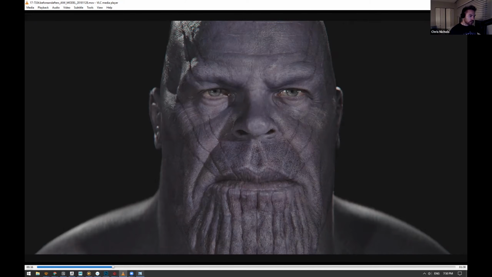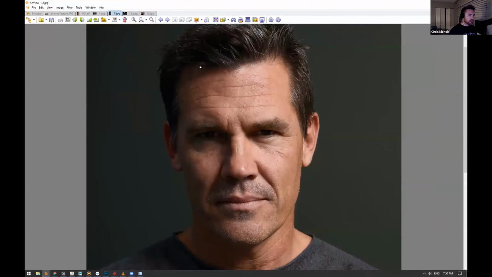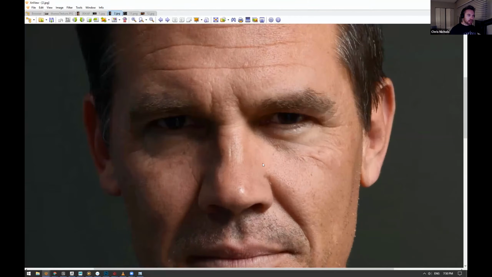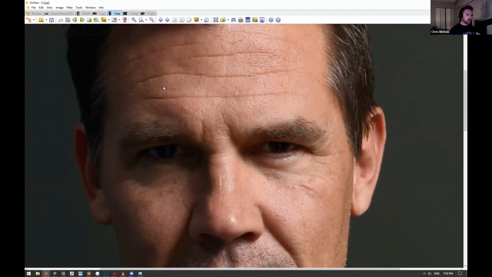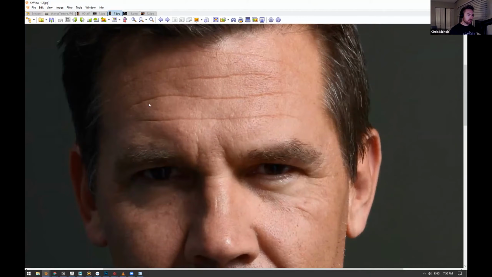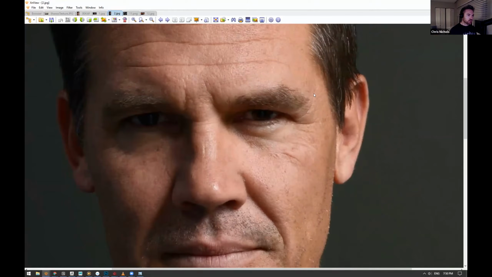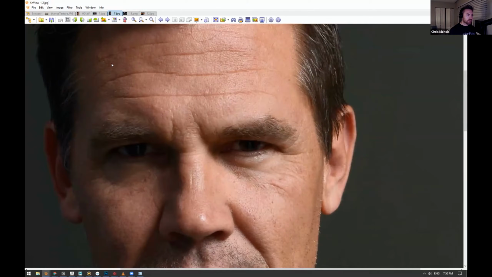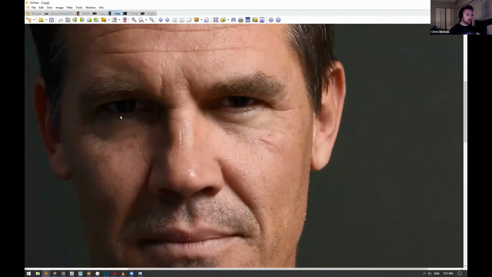So when I was painting the texture maps, I was again referencing Josh, looking at him really close up to see exactly how the coloration of his skin could translate over to Thanos. Now, Josh is a mature guy. He's obviously somebody who's been in the California sun quite a bit. So his skin looks great for his age, sure. It's a handsome man. But there's a bit of sun damage that just happens naturally.